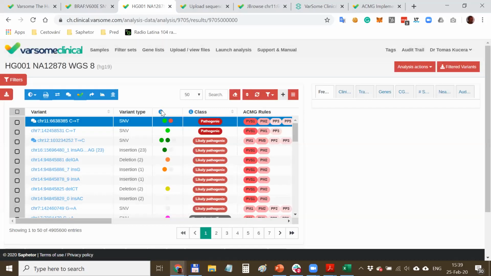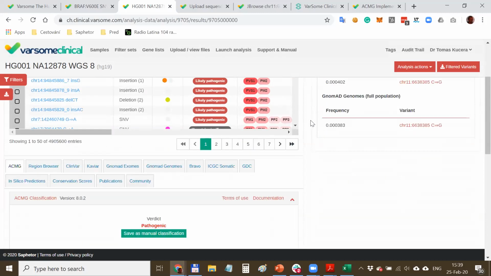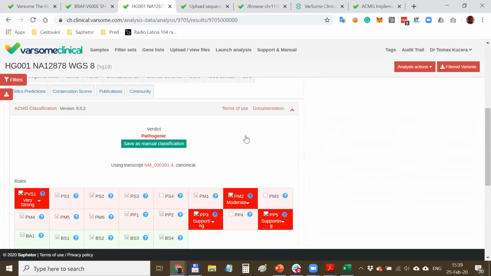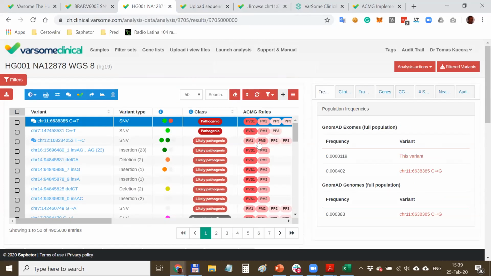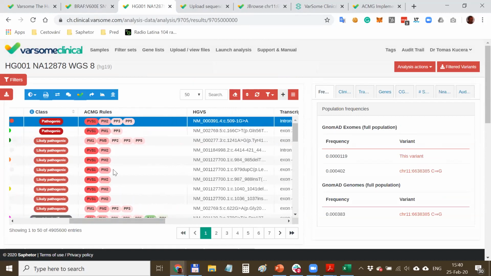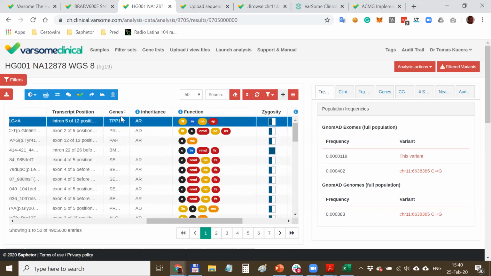So here you can see a whole genome sample with almost 5 million variants. This is quite a typical healthy genome. The variants are sorted by pathogenicity according to the ACMG guidelines. Again, we follow the same interpretation procedures as on the free platform. Further, here you can see, for example, the list of ACMG criteria which fired for each individual variant out of these 5 million, the AGVS term, transcript, exon number, gene,